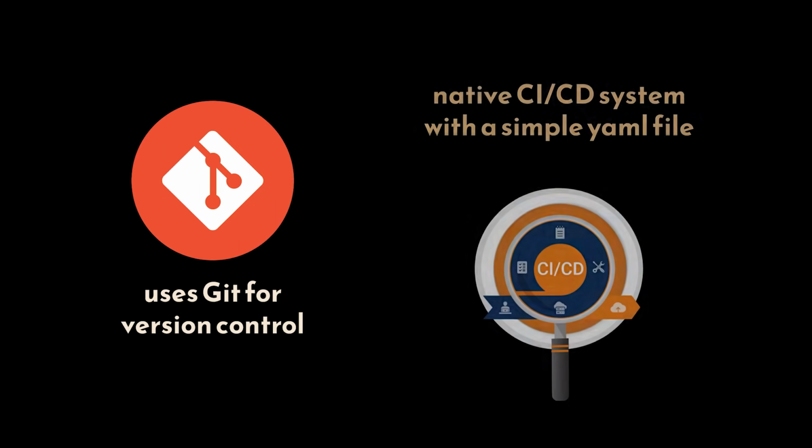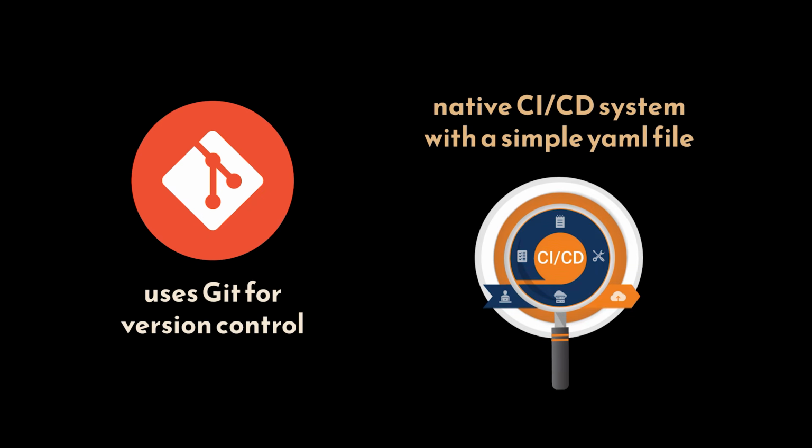At its core, GitLab uses Git for version control. We create repositories, commit code, open merge requests, and manage branches just like we would with any other Git-based tool. But what makes GitLab special is its native CI/CD system. Every time we push code, GitLab can automatically run tests, build artifacts, push Docker images, and deploy our application using